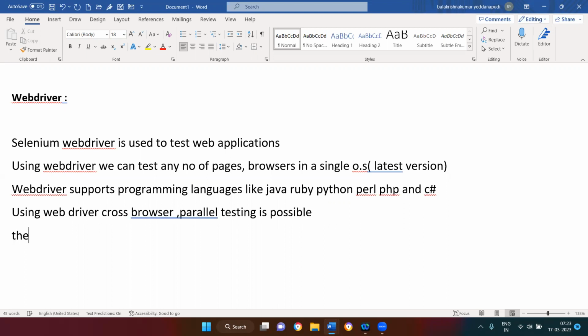Next, the reports can be generated in the form of .xml file. Okay? Next, here